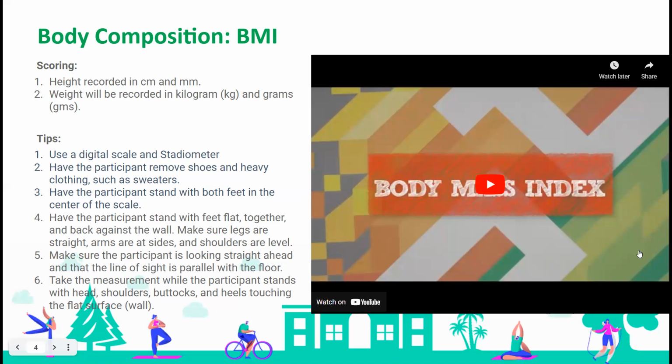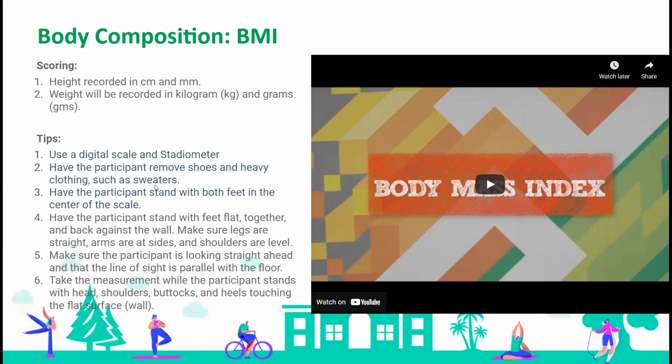Yeah, so here you can see that there were two aspects. One is a stadiometer, which is for recording the height. The digital scale that we talked about was basically for the weighing. So here you actually do the recording using kilogram and gram for the weight.